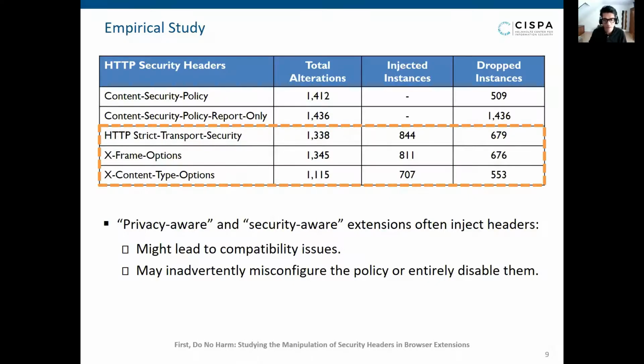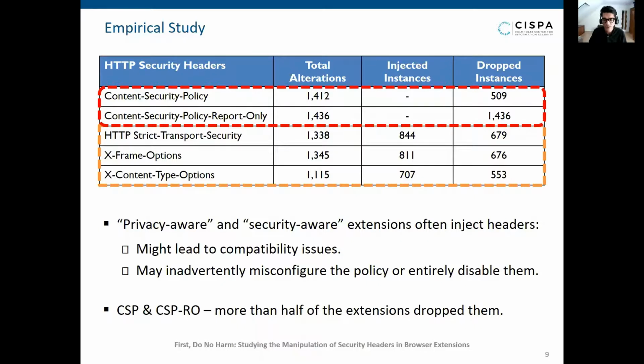We find cases with multi-valued headers such as HSTS, where extensions also often miss out on important directives, such as includeSubDomains, preload, or set the max-age value to less than the desired value. There have been instances where the max-age value is set to 0, which effectively disables the HSTS header entirely.